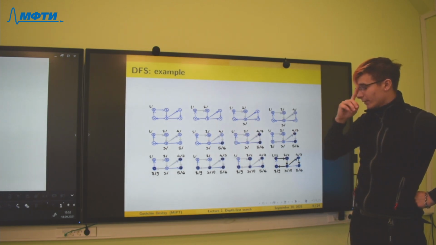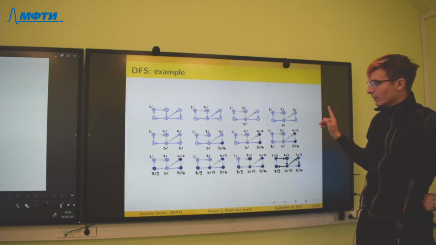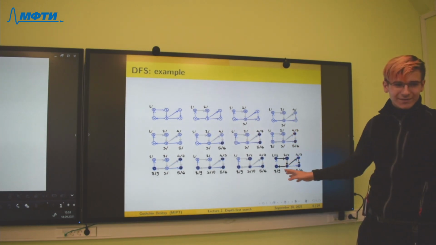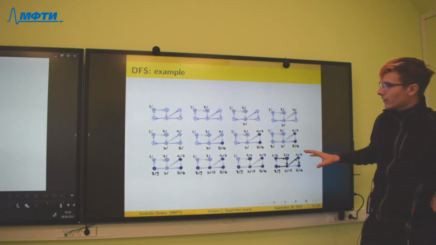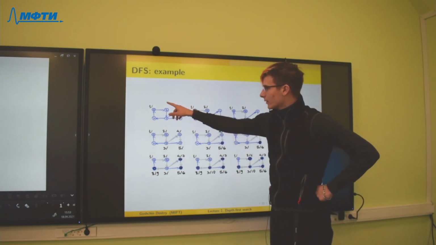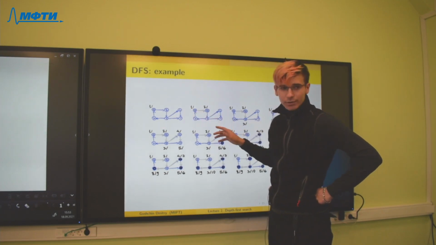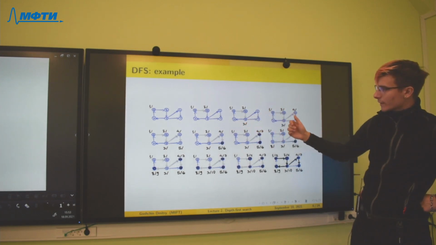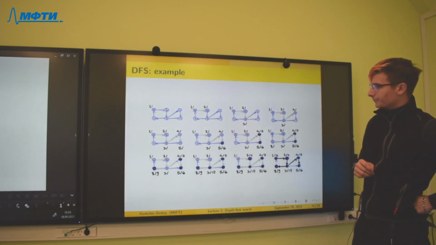We have two different definitions, and for the second definition we will talk about it with another algorithm that we will cover in 10 minutes. Now you can see, for this graph, that if we erase directions, it will be one connected component, and that is one definition of connectedness of a directed graph.